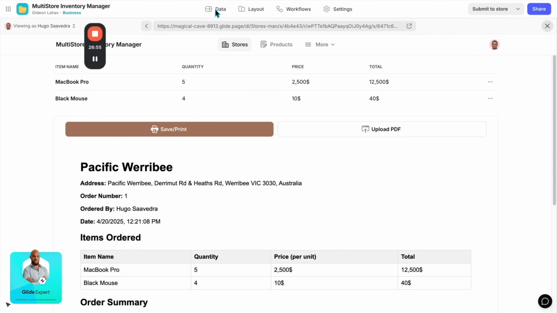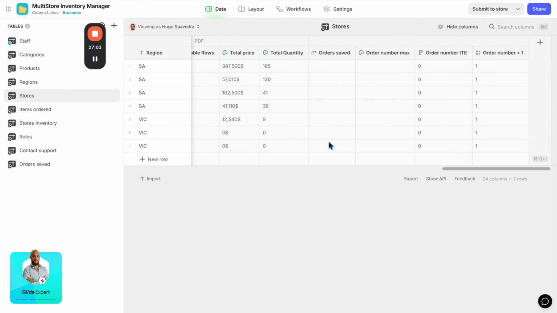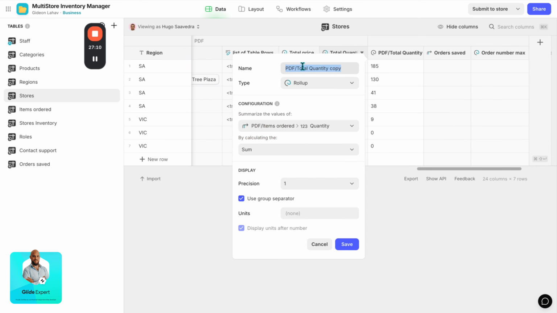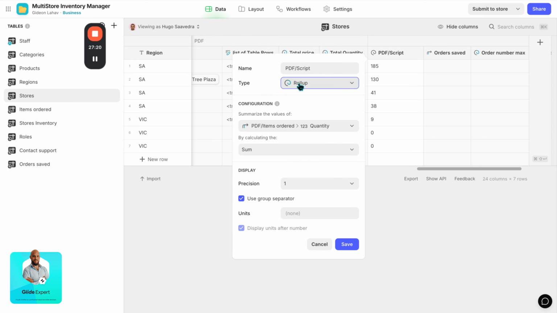For the next magic trick, we will need to use code. We will need to use code to do something that Glide natively does not offer. We will need something called a script. First of all, we need